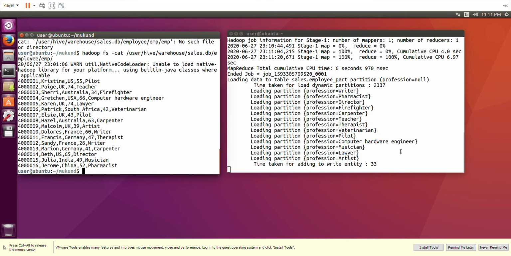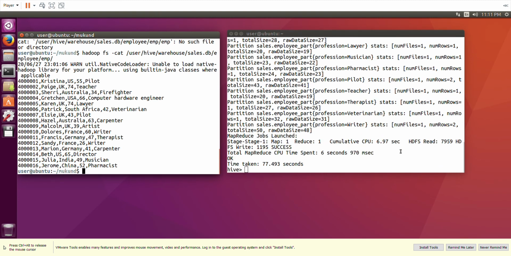Reduce also completed. And something is happening, and then it is saying that it is complete.